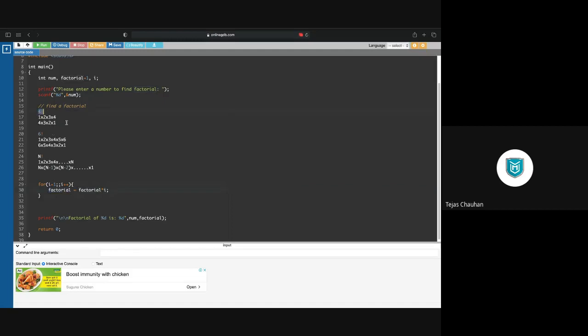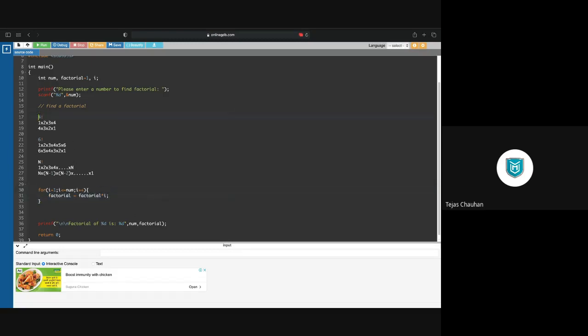Now if you want to find 4 factorial, then you will go up to 4 and stop, and that will be your condition here. If your I is less than or equals to 4, then you stop. Now 4 is not fixed, I have to find the factorial of some number. So I can have that num here. I am going to run this loop from 1 to num, every time I will multiply, and I'll have that answer. So let us comment this out, because this was only for our understanding, and we have created this for loop.